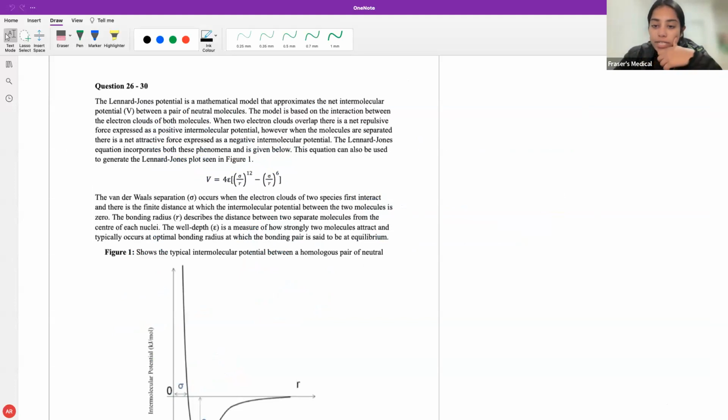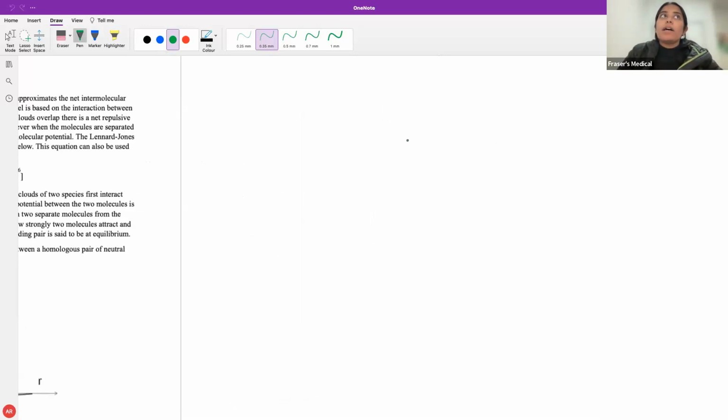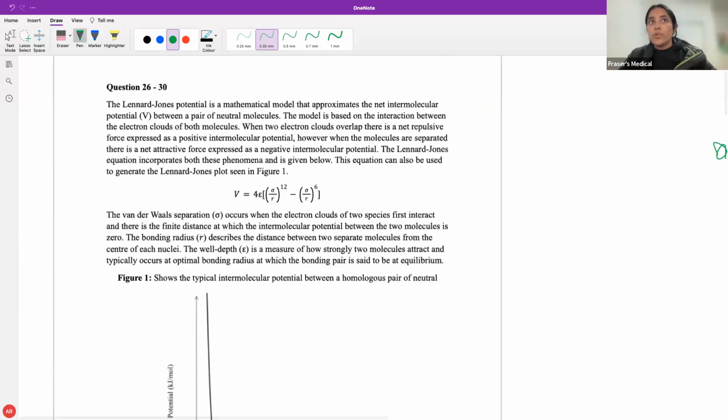So question, should pattern recognition be a similar approach for physics related stems as well? So physics is a bit different. Physics is essentially analogous to maths, right? It's using whatever prereq knowledge you got from your maths and applying that. So it doesn't link too much with pattern recognition through a visual lens, but it does link with how you can look at a formula. I think I'll get to this later on if we have time. Yeah, physics is a new ballpark.